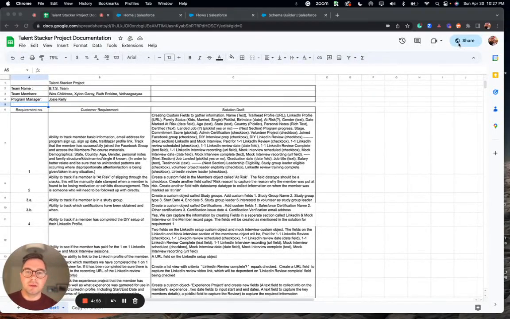Hello and welcome in. Today we're going to be talking about the overview of the Talent Stacker project that myself and three others worked on together to create an NPSP Salesforce instance from scratch over the course of 5 short